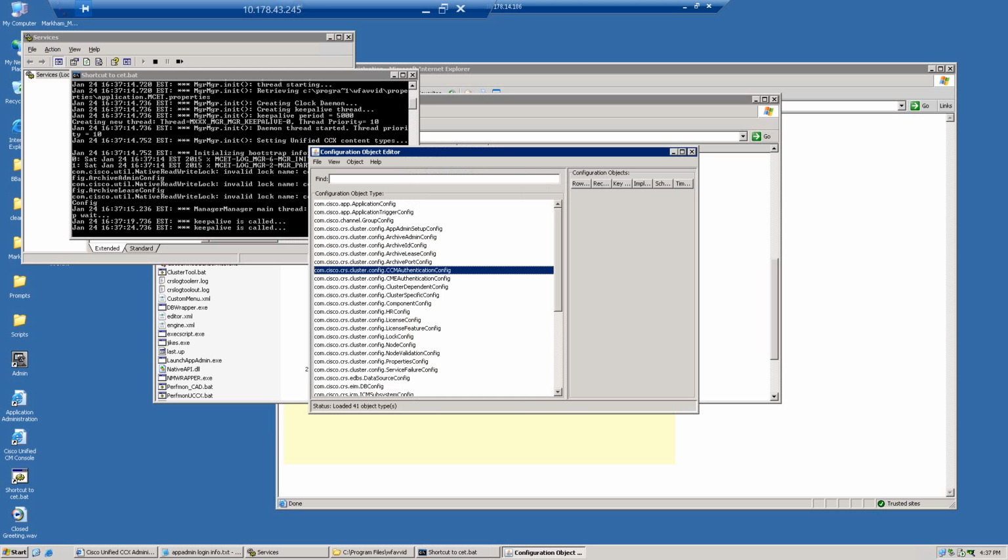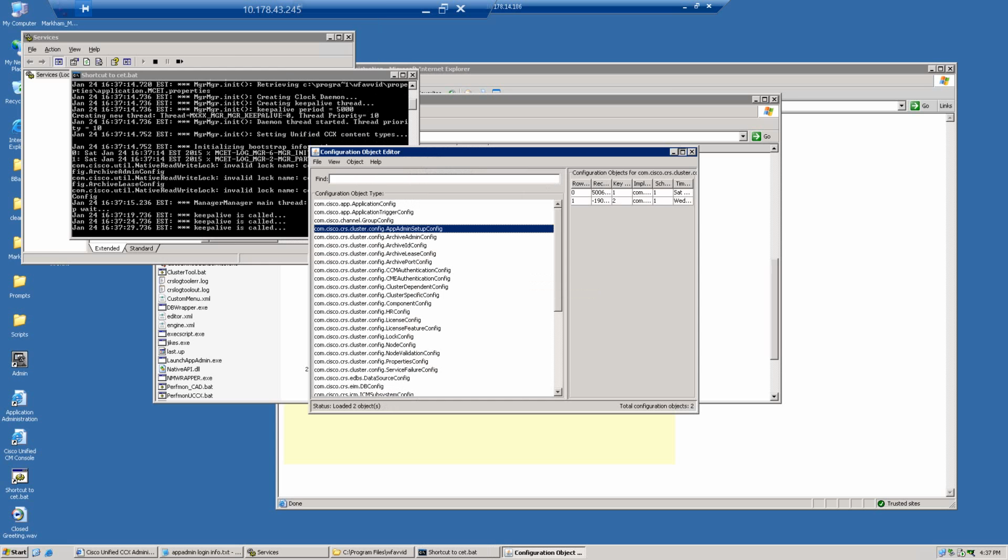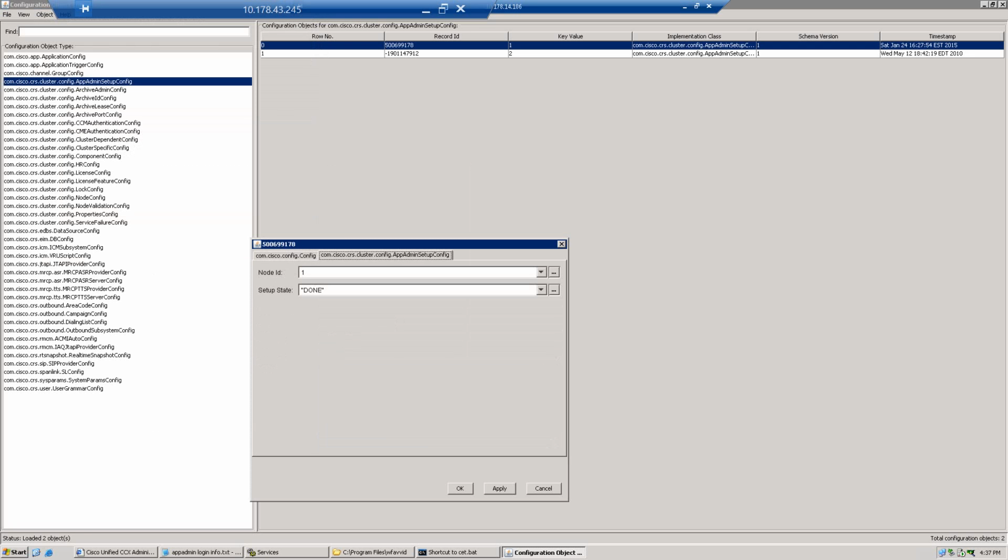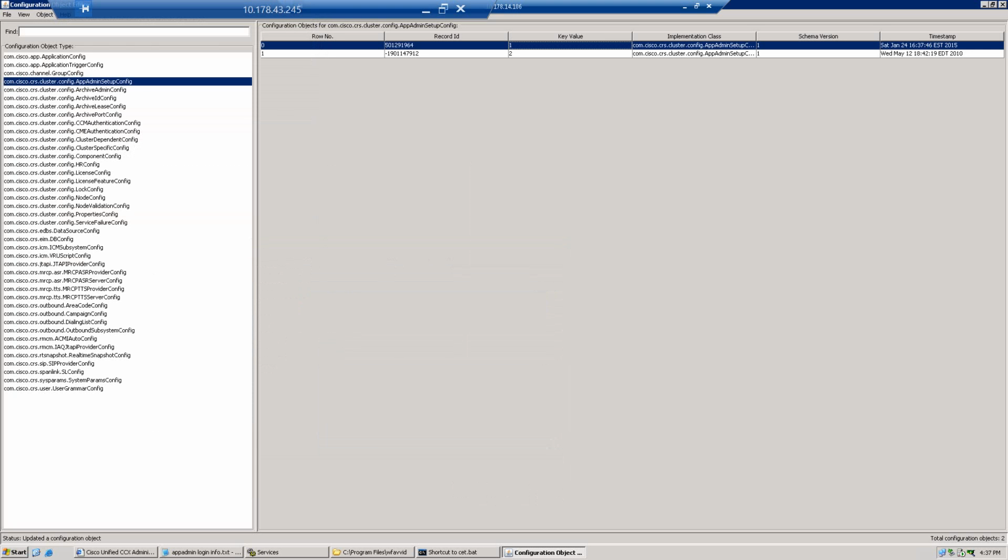Before, we were in the CCM authentication; I recommend going to the app admin setup config. So if we take a look at that and we click on it, now I've got 2 nodes. This is an HA configuration. If I take a look at the first node, what I would recommend is changing this from done to fresh install. And what that's going to do is